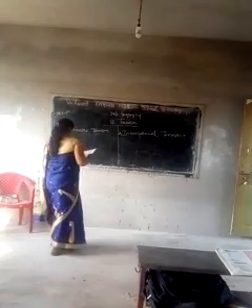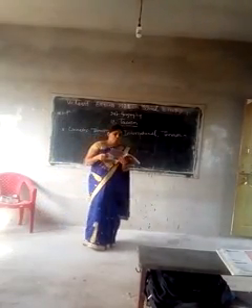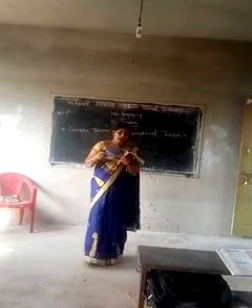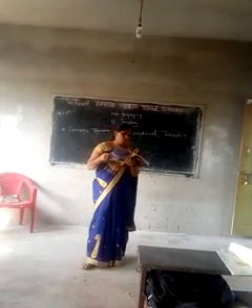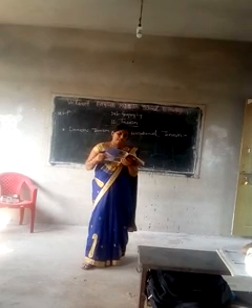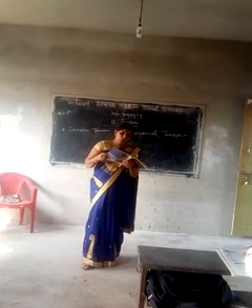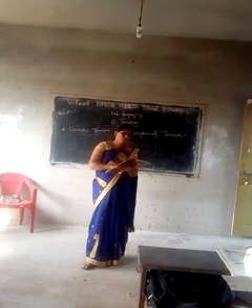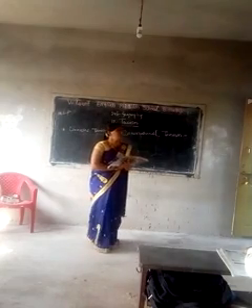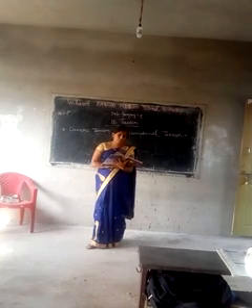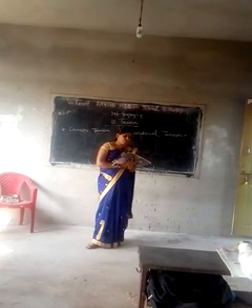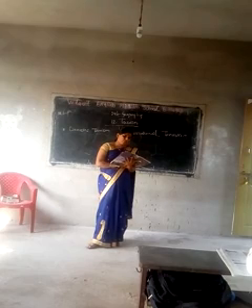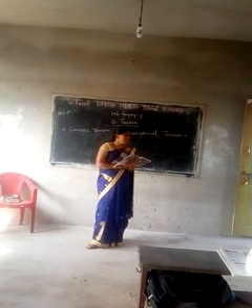Then the next one, film tourism, is a new type of tourism. The locations where films are shot attract crowds of tourists, and hence the concept of film tourism emerged. A number of amenities and facilities are provided to attract tourists to these places where film shooting takes place. That means the next type of tourism is film tourism. This tourism is related to the location where films are shot, and the tourists are attracted towards that place.